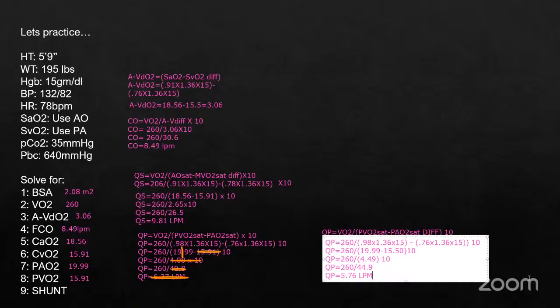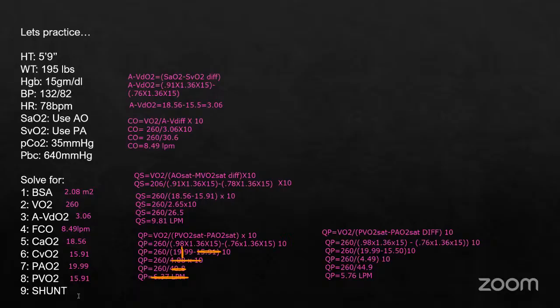All right, so I resolved for QP. I don't know if I can remove this, let's see if we can. Oh, we can. All right, so then here, PbO2 was 50, and I have it right, 55. So what is the shunt now? So my formula says,